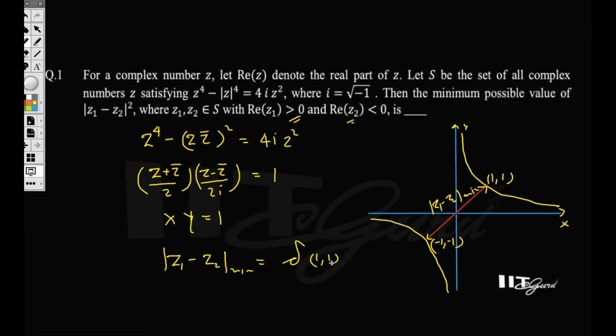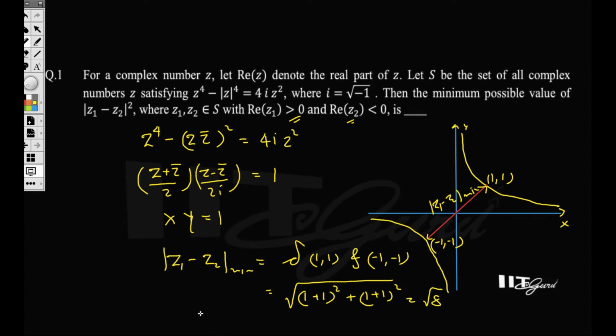1 comma 1 and minus 1 comma minus 1. So of course the distance formula you can use, and the distance will be under root of 1 minus of minus 1, that is 1 plus 1 whole square, and here also 1 minus of minus 1, that is once again 1 plus 1 whole square, and hence this is 4 and this is also 4, so that is 8 and this distance is root 8, but here it